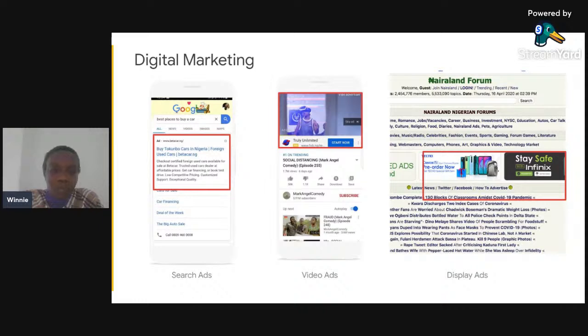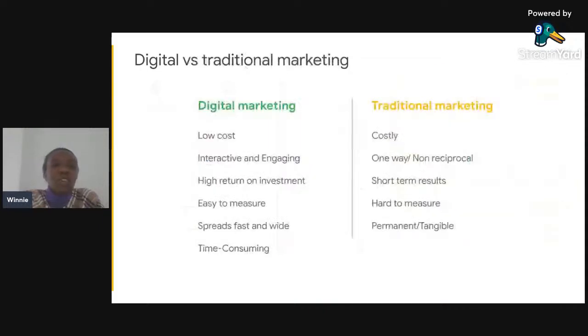So moving on to the comparison between traditional and digital. Traditional, for example, is costly. How much does it cost for a billboard in Nairobi? I'm not sure about that. If you are aware of how much it costs to have a billboard and for how long, please put that in the comment section, and I'll be able to look at that.